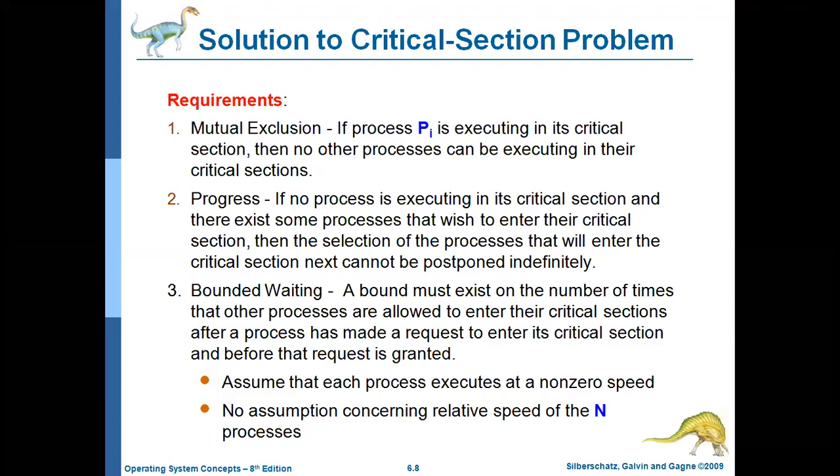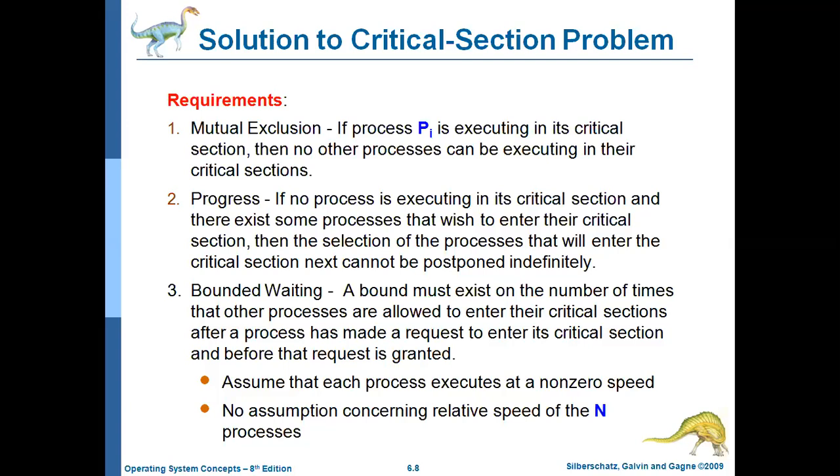So what is bounded waiting? For example, process P1 requests for the critical section, enters into the critical section, uses the code, and exits from the critical section. Immediately P1 is again willing to enter into the critical section. At that time, you should not allow the same process all the time to enter into the critical section. Why?